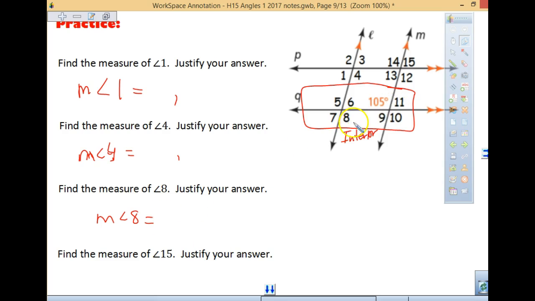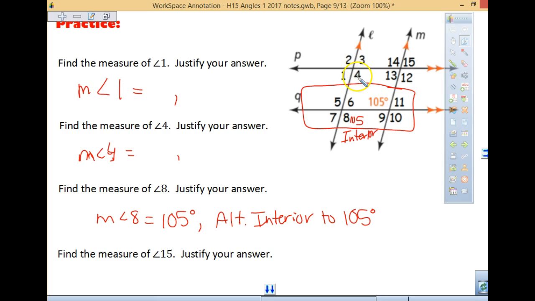Alternate interior, angle 8 must be 105 degrees. Why? Alternate interior. I want you to write this down so you aren't just writing 105 degrees. Now, since I know this is 105, it's going to be easier to